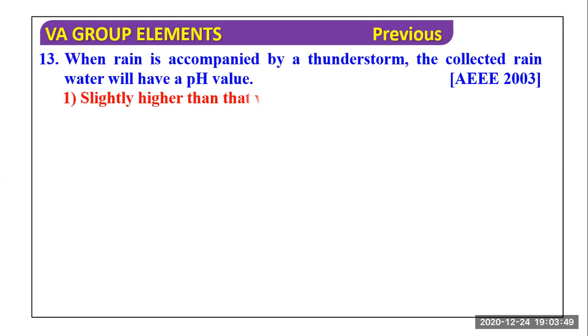Question 13. When rain is accompanied by thunderstorms, the collected rainwater will have a pH value. Why? Because, actually,